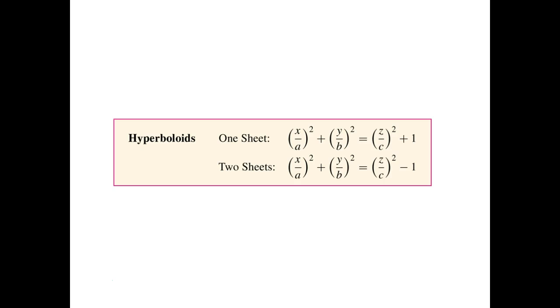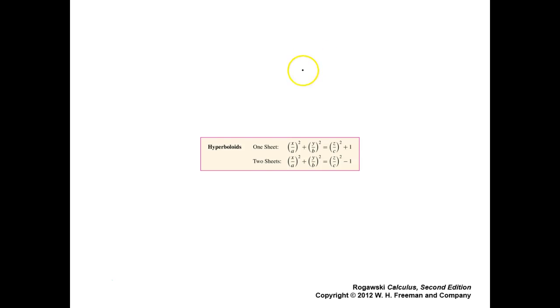I don't like it that they've lost the standard form here. In my mind, this would be better done like this. X over A squared, Y over B squared, Z over C squared is equal to 1. A hyperboloid of one sheet is going to have one of these. The first one we usually assume is a plus, one plus and one minus. Now that gives you the same thing they have down here, but to me this is a much more